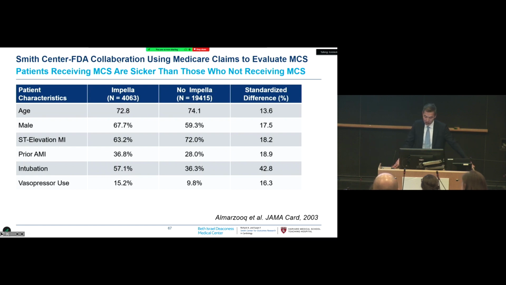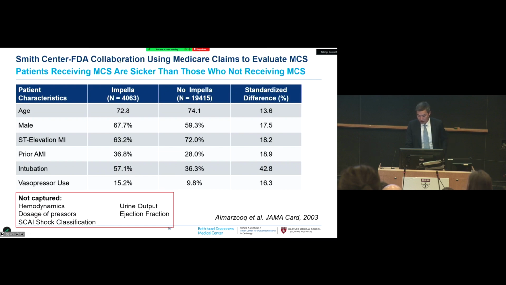So in our collaboration with the FDA, and that should say 2023, not 2003, we did an observational study evaluating this device, Impella versus no Impella, using a claims data set, because we don't have a great national registry. These registries that Dan was talking about weren't as well developed in 2023 and earlier. And so we used a claims data set, Medicare data, and we compared people who received Impella versus those who didn't, with cardiogenic shock.